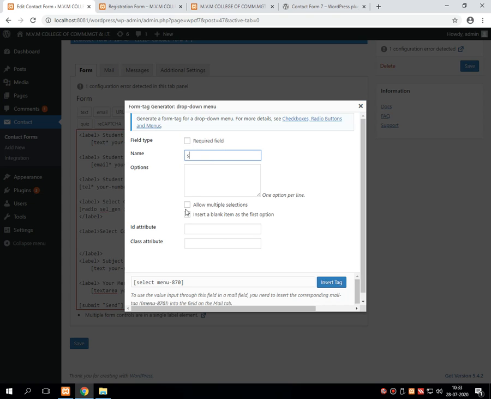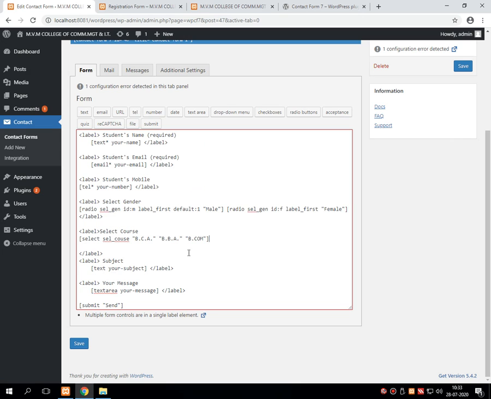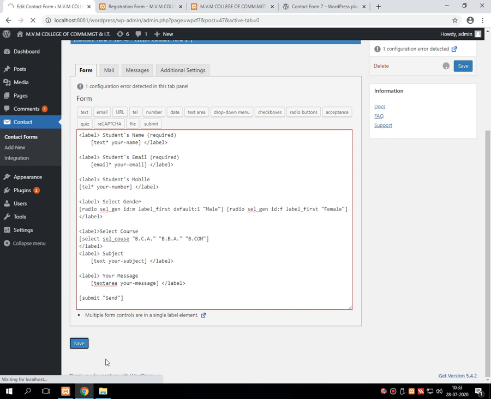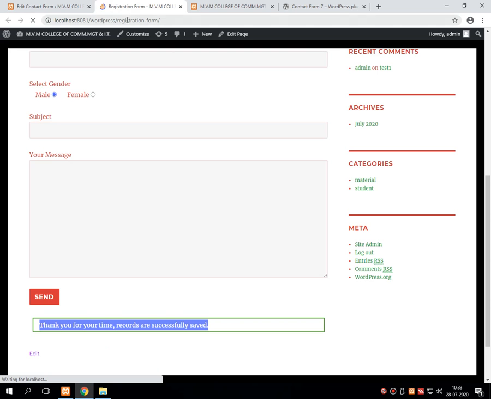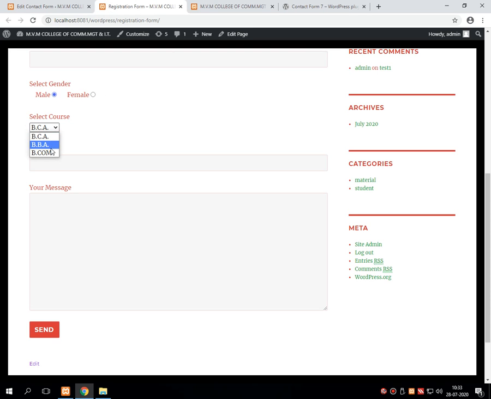The name of this drop down menu is select course. In that I am taking BCA, BBA and BCom. I am inserting this tag, saving this tag, refreshing the page. It gives this drop down menu onto the screen.